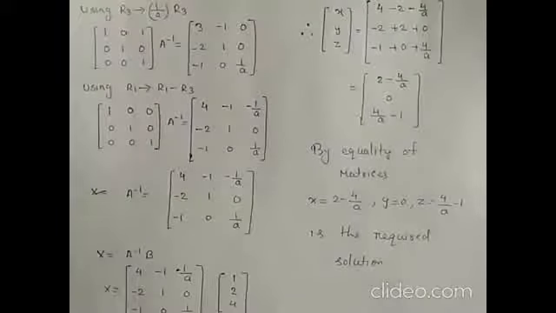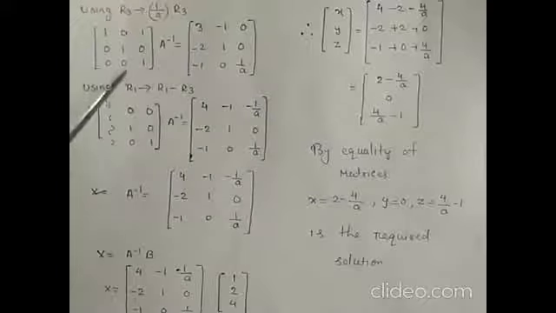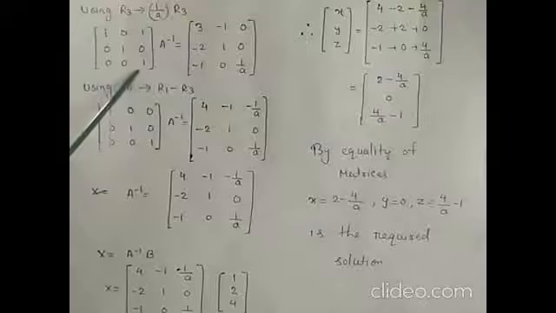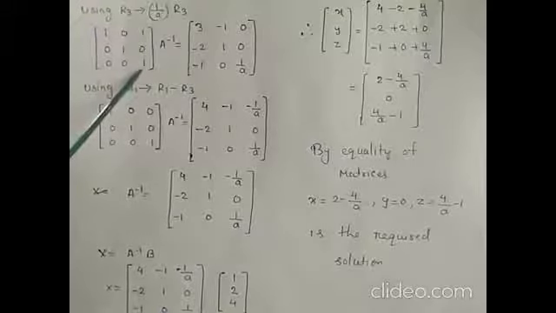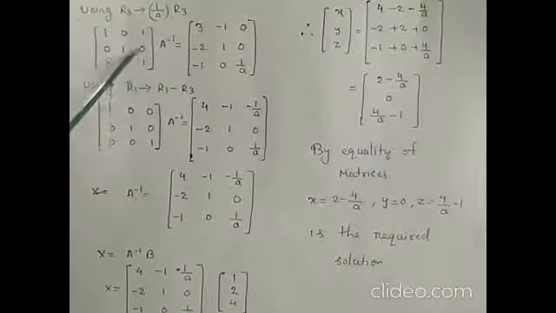Now the next transformation is, we will divide R3 by A. You can see, children, in R3 we are having 0, 0, A. To make this 1, we have to divide it by A simply. After dividing, we got this one: 0, 0, 1, 0, 1, because we wanted to make it 1. Now our job is to make it 0.